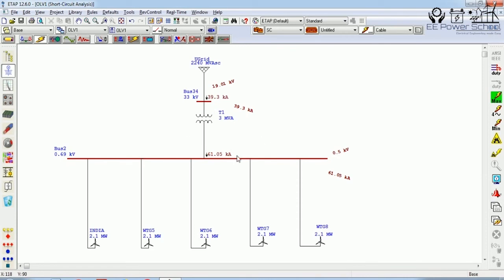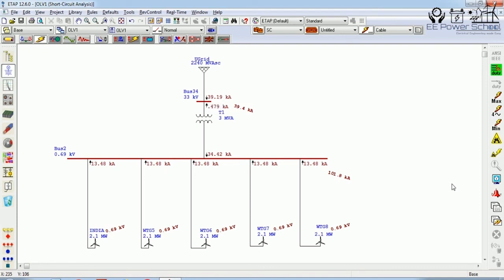So the value has already been indicated. Let us see for 1.5 to 4 cycle. Again, there is not much difference at bus number 34, and if we see for 30 cycle, this is the lower range, you can call it the lower limit of the short circuit current at both the buses. If we perform the duty cycle, it will show you the maximum current of 13.48 kiloampere, which is contributing to both buses, bus number 2 as well as bus number 34.